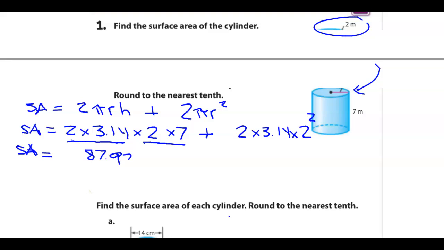All right, then we're going to have to add in the top and the bottom. So we're going to do plus 2 times 3.14 times 4, right? 2 squared is 4. So when we work that out, we're going to get 24.72. So again, you're going to go 2 times 3.14 times 4. And now I just need to add these together. And when I add them together, my surface area is going to be